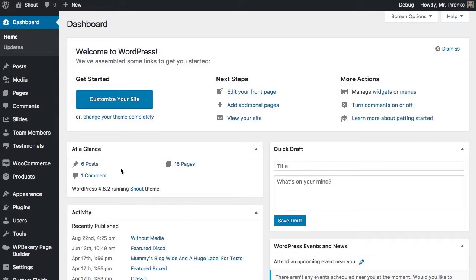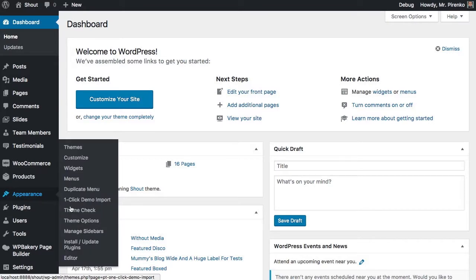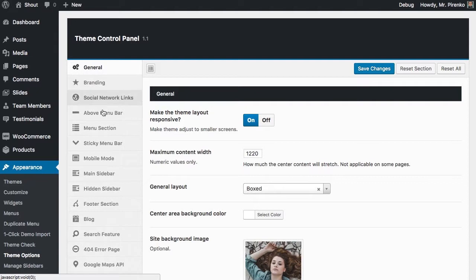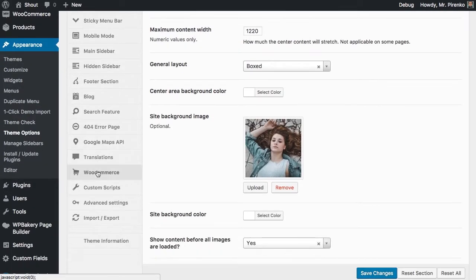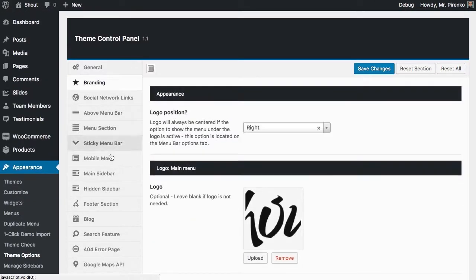Hello everyone, this video is a quick overview of the shop theme options. So to access the theme options, go to Appearance and Theme Options. And here on the left side you have the main tabs, and inside each one of these tabs you will